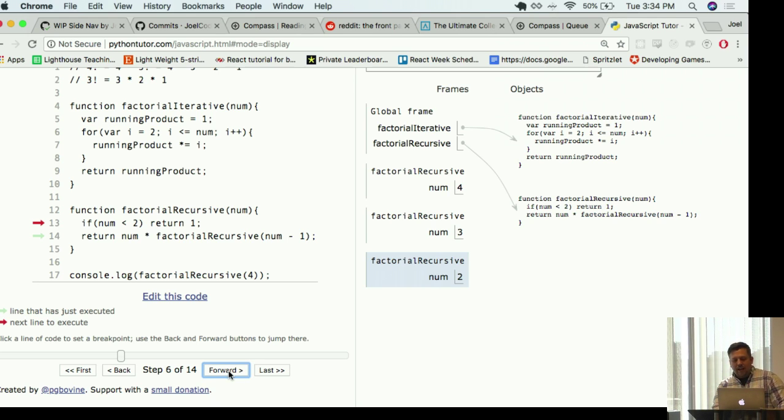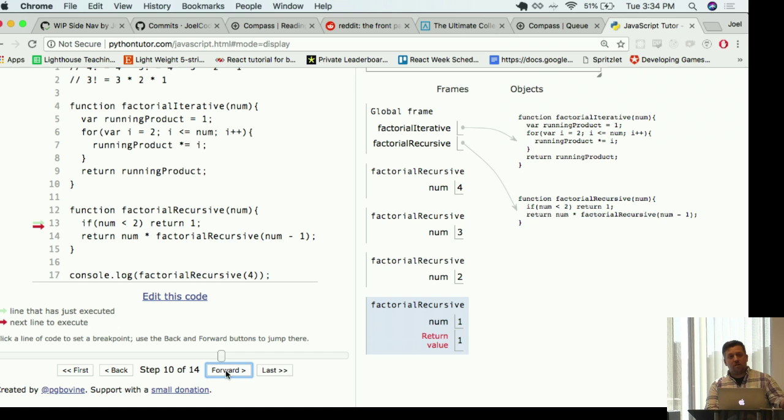Okay. Factorial recursive of 2. Is 2 less than 2? Oh, almost. Almost. But in fact, we're going to return 2 times factorial recursive of 1. Is 1 less than 2? Okay. Now we're going to start seeing this fall apart. All right, let's do that. What's this going to return? Cool. There it is, return value 1. So what is factorial 2 going to return? 2 times, which is